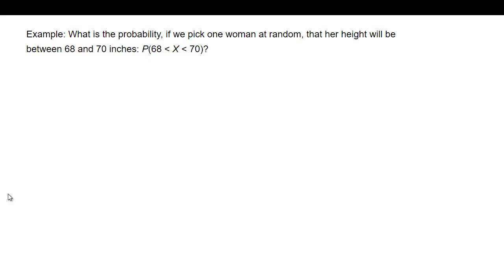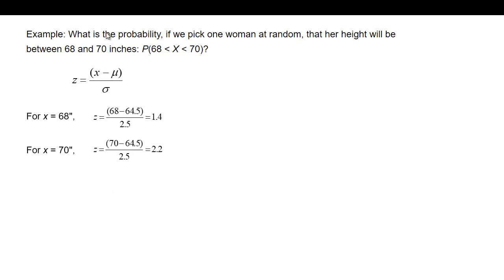It has a normal distribution with mean 64.5 and standard deviation 2.5. So again, we are assuming that the mean is 64.5 and sigma is 2.5, and we want to find the probability that x is between 68 and 70. To do that, the first thing I'm going to do, because I want to use the table for the standard normal variable,